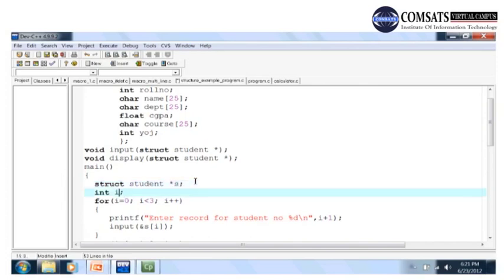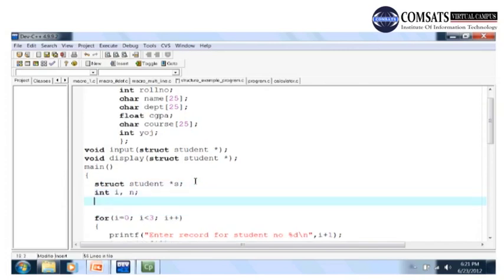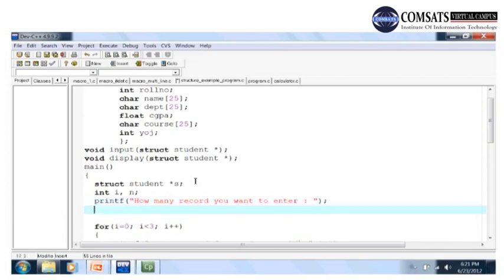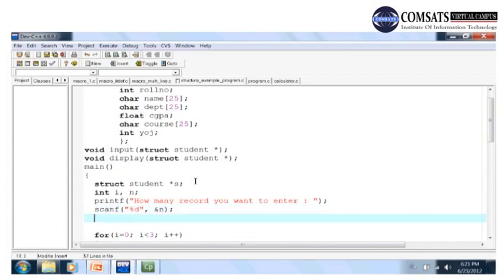Now let's modify this program. This is a pointer, this is a number n, printf enter how many records you want to enter. Right, let's take this input in scanf function, %d comma and n, not in s, in n actually. Now let's say we allocate the memory, and so this time